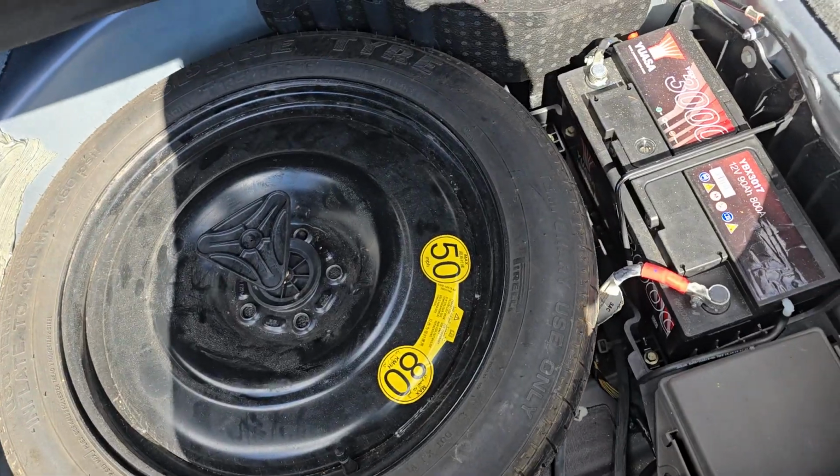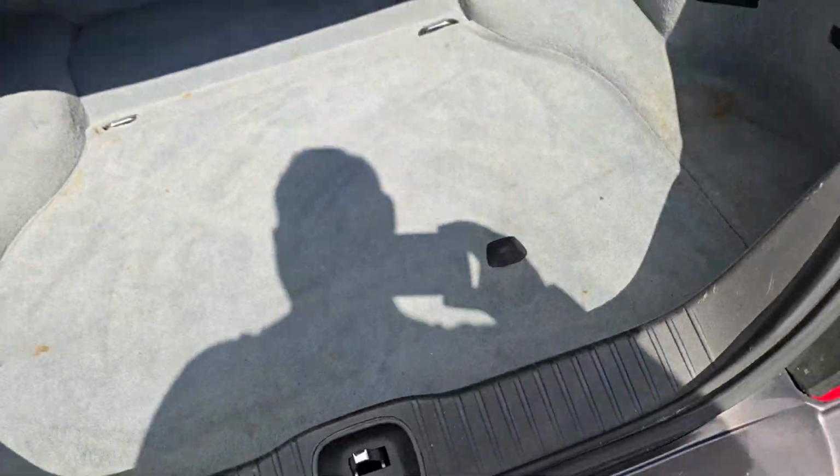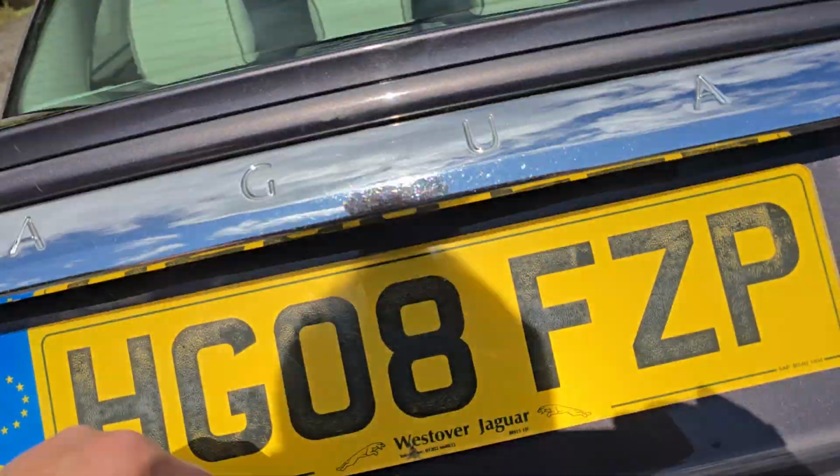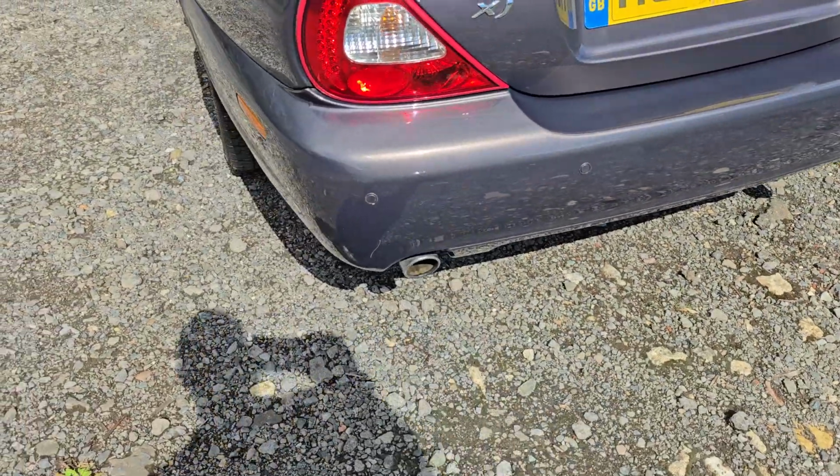And under here you do have a space-saving spare and the battery. It's a good battery in here as well. Doesn't look very old. The boot lid does have soft close. There is a tiny scuff on this